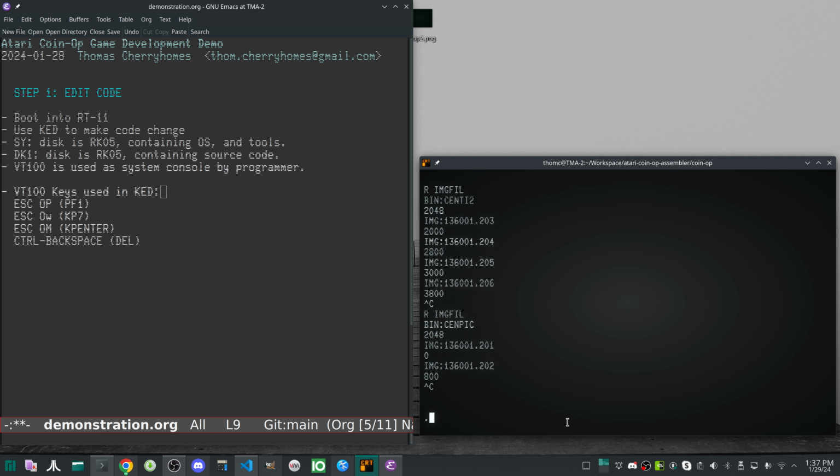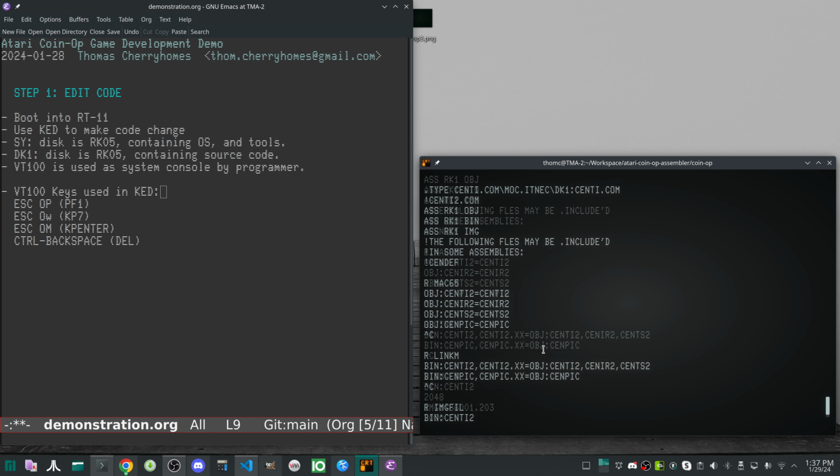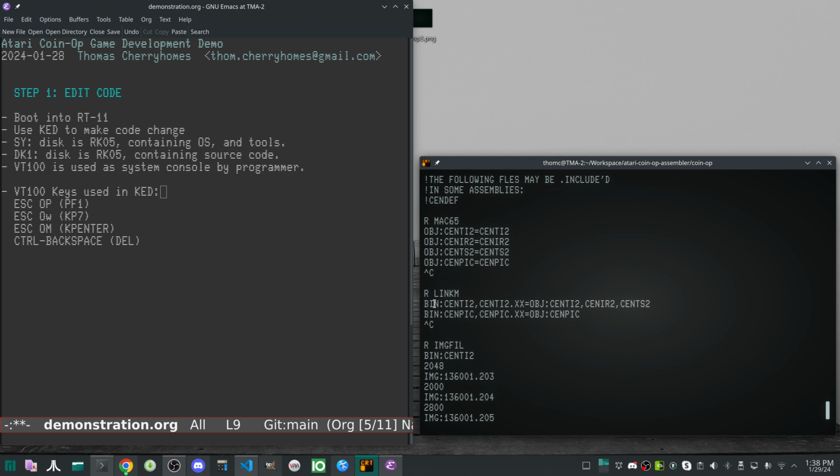And we'll do a little type here. So we've now displayed the contents of this particular file, and inside this file we have a few assignment commands to map the RK1 drive so that the assembler knows where things are. We're going to do this a little bit differently. And then we immediately use the run command here to call Max65 to do the assembly,